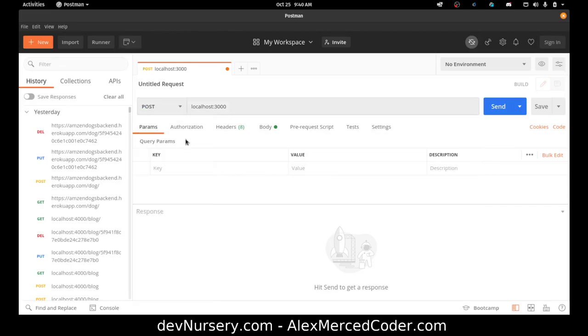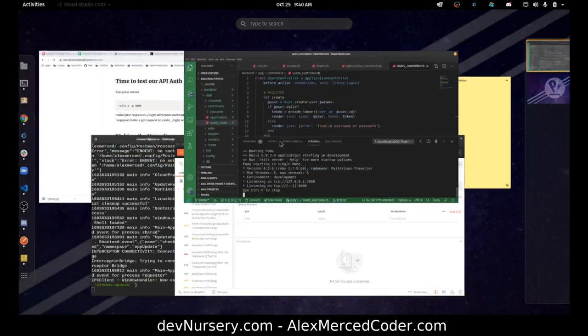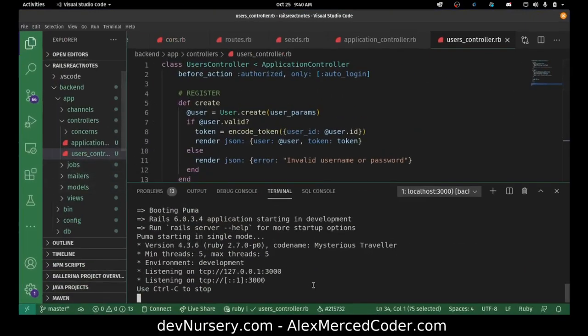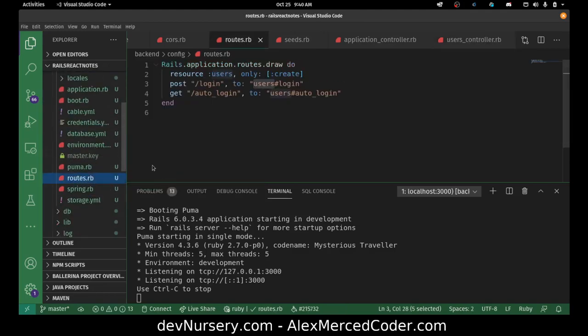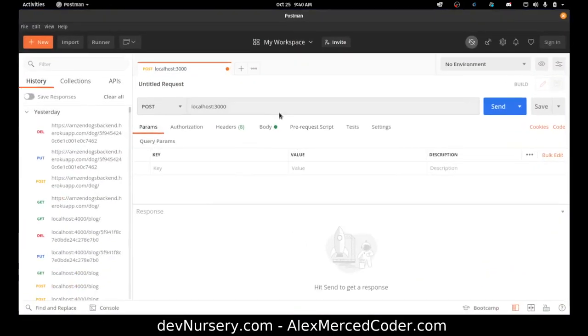We're making a POST request because we're going to log in, but let's figure out what that route is again. So let me go back to my routes. If I look at routes, it should be /login. Okay, that's what I need to post to. So if I go to /login,